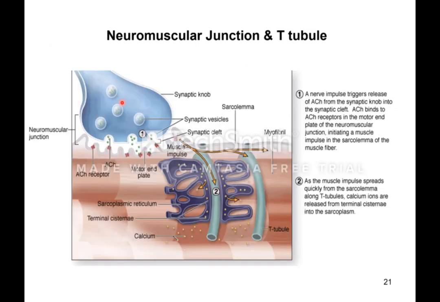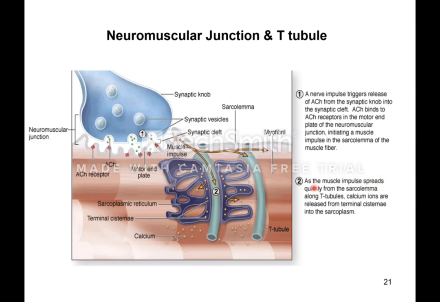But the T tubules that are located in the skeletal muscle distribute these nerve impulses to other parts of the cell. Yes, the neurotransmitter is released just in this part. Yes, but the transverse tubules